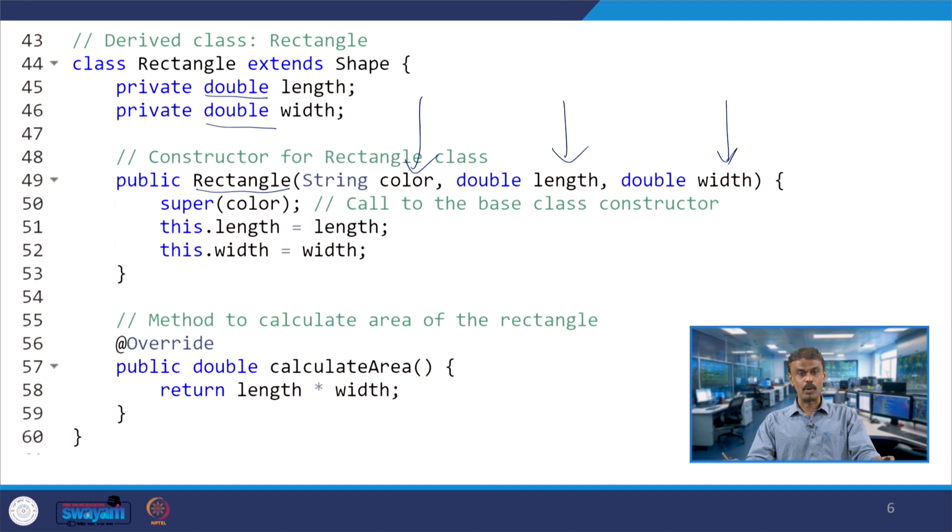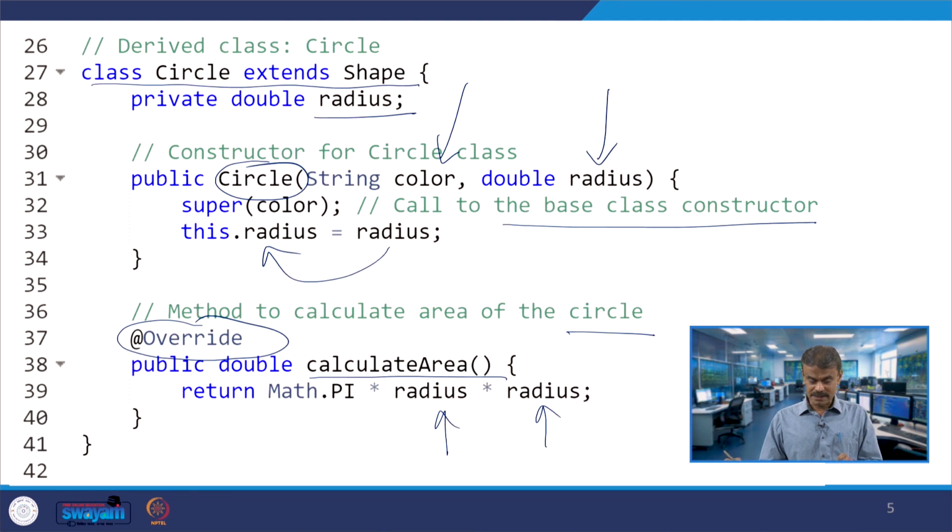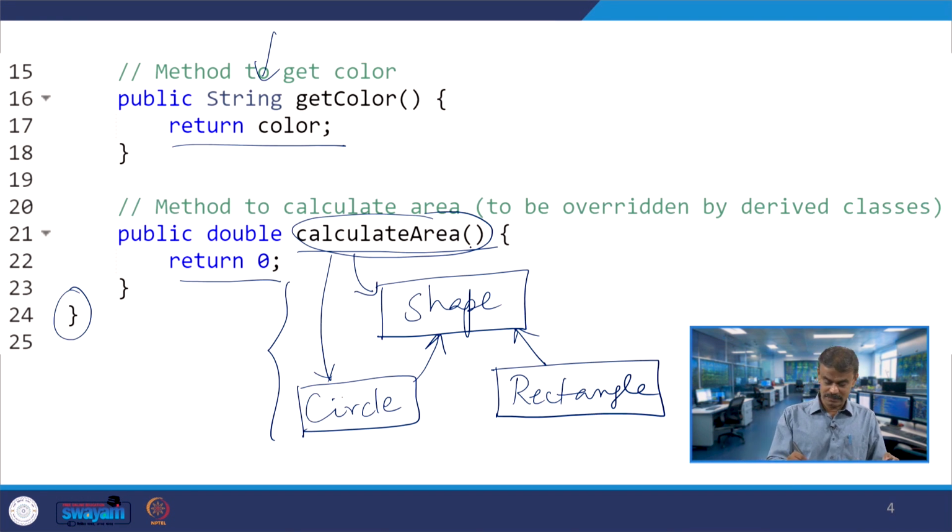Again, here you have an overriding method. Here you go, calculate area. Calculate area in this case will return length into width. So all these classes have this calculate area method, right.